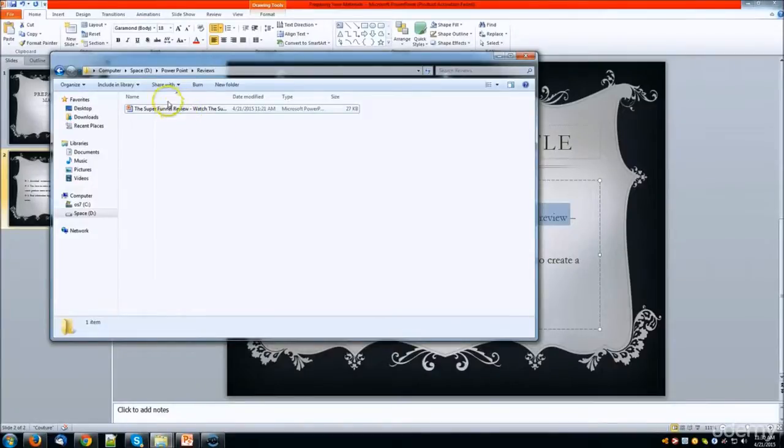So basically it will be review the super funnel, watch the super funnel reviews, or read the super funnel, or take a look, discover, and these kinds of words can be used instead of watch or any other words.